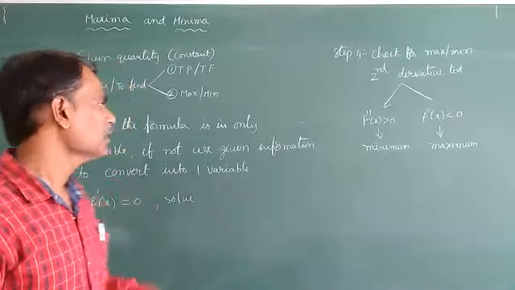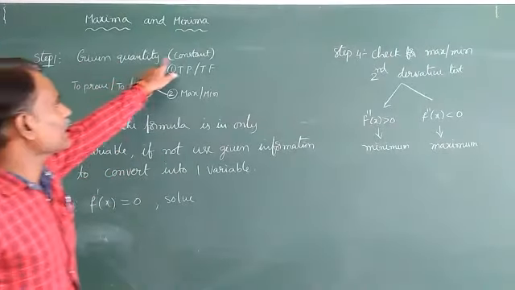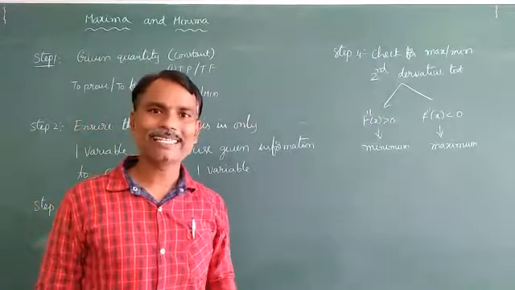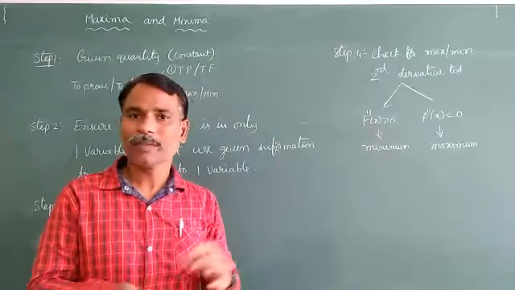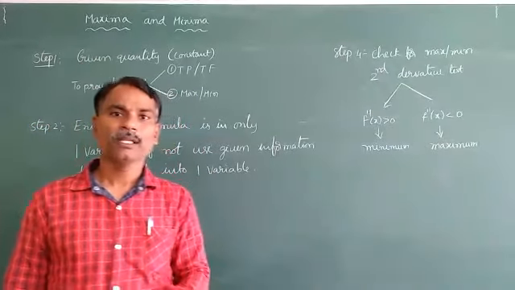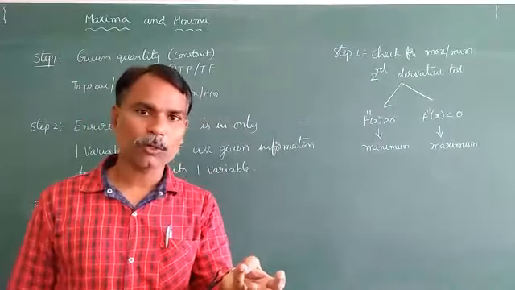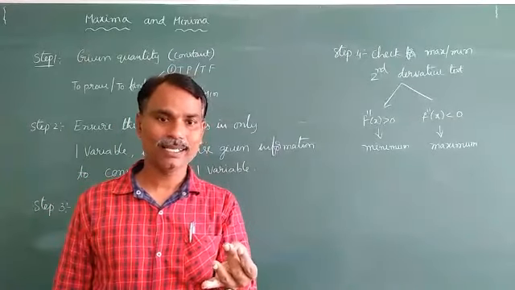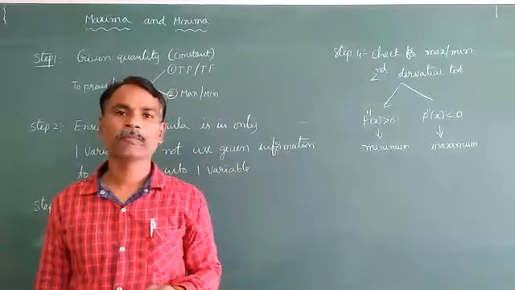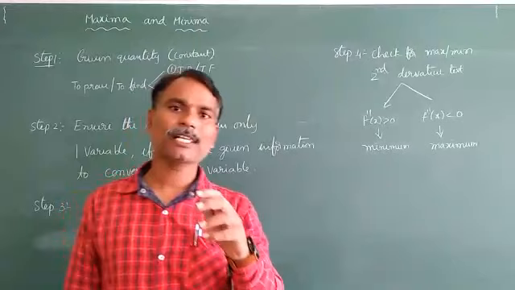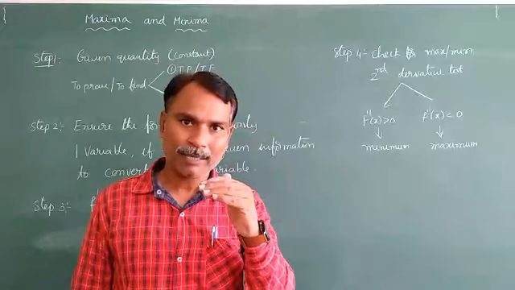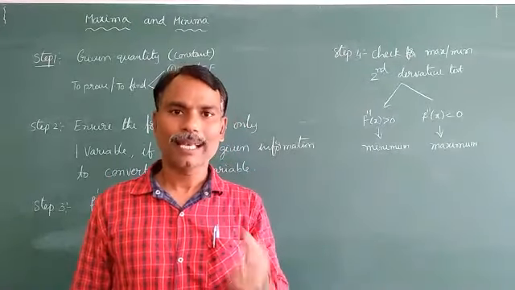Somewhat related concepts are there. So observe, guys. Given quantity constant means maybe some radius equal to 5 units, some height equal to 2 units. Because in maximum, minimum we are discussing mensuration objects, maybe cone, sphere, cylinder, cube, cuboid. Such objects will come in this concept again. Sometimes he will ask about the surface area, sometimes about the volume of an object.